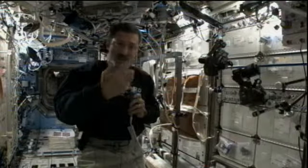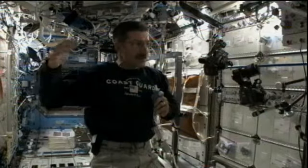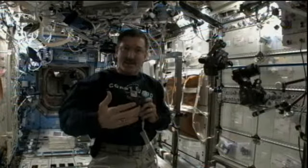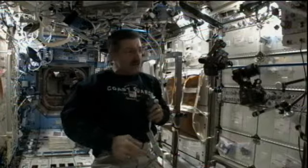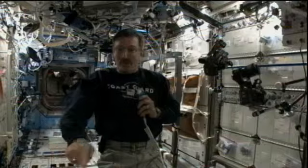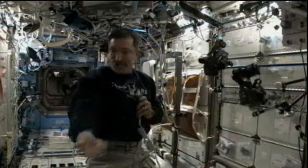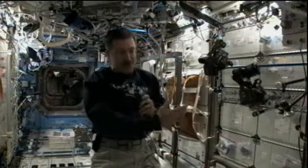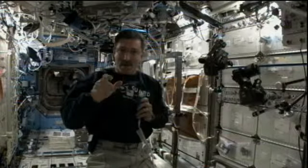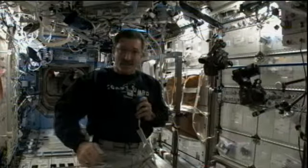So it's got a hand that operates just like our hands do, and it's got a broad wingspan from a human standpoint, but basically it's designed to interact with all the things that we interact with. And actually, last month, Robonaut was here where I'm standing, taking airflow measurements from our ventilation system right nearby, with one hand holding the probe near the ventilation ducts, and another hand holding the instrument, and with his eyes, if you will, which are cameras that are located just where human eyes would be, reading the display and operating that